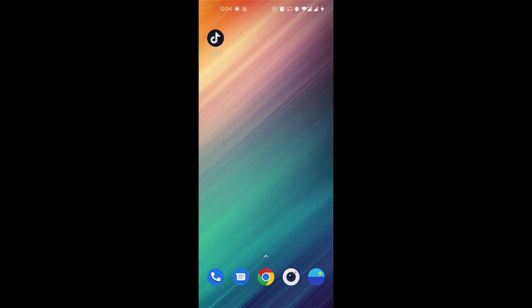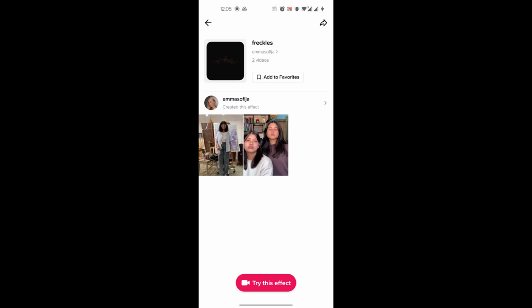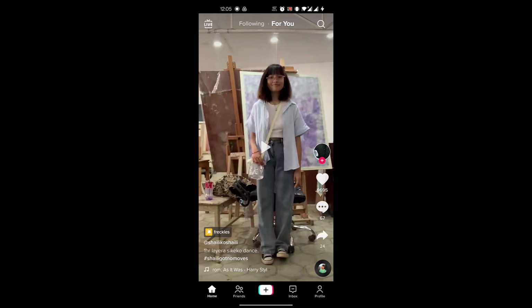So let's get started. First you open your TikTok app. Let's say you really like a filter, like the slow zoom filter that was going on, or let's say this freckles filter, and you forgot to save this filter to your favorites. So what you can do then is just go to create a video,